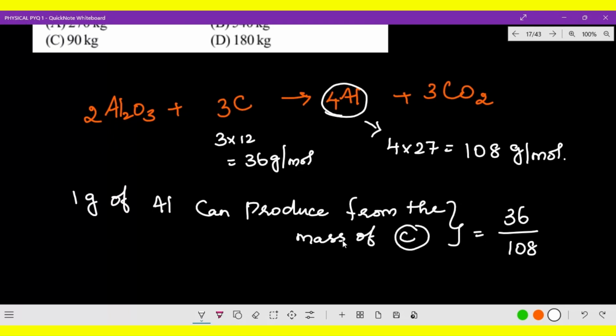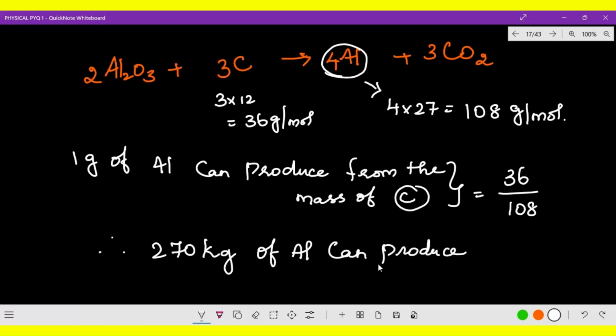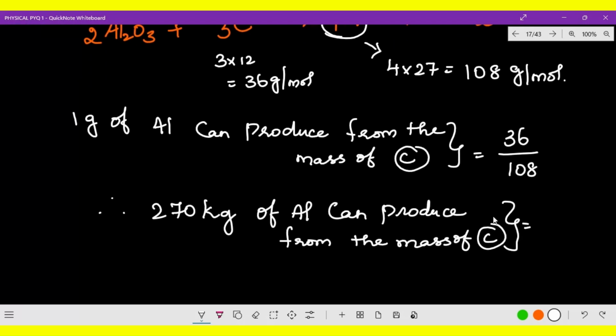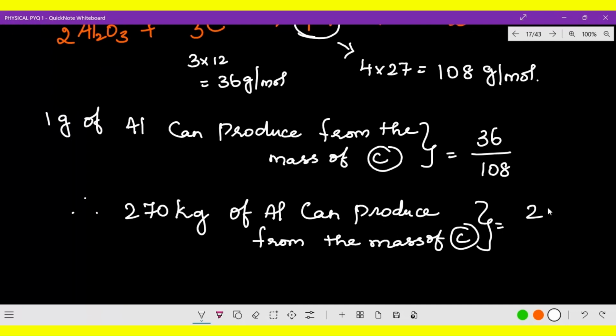4 moles of aluminium. Therefore, 270 kg of aluminium, as mentioned in the question, can produce... from the mass of carbon. How much mass of carbon is required? So, cross multiplication, simple. Always just go for cross multiplication. Here it is 36 divided by 108 into